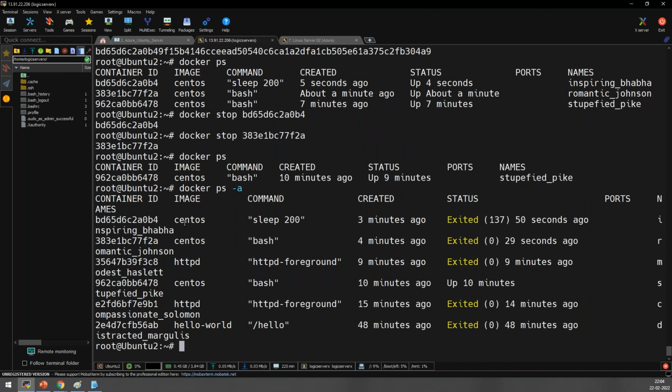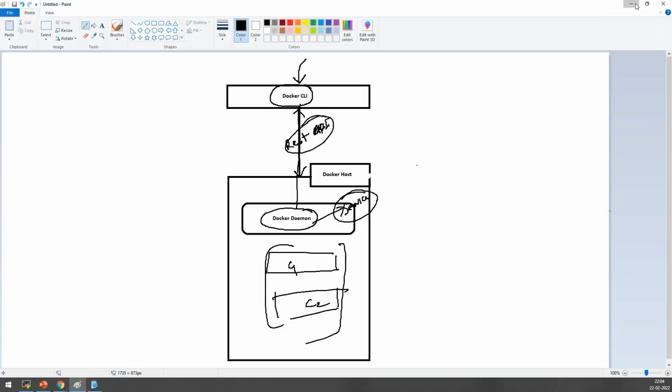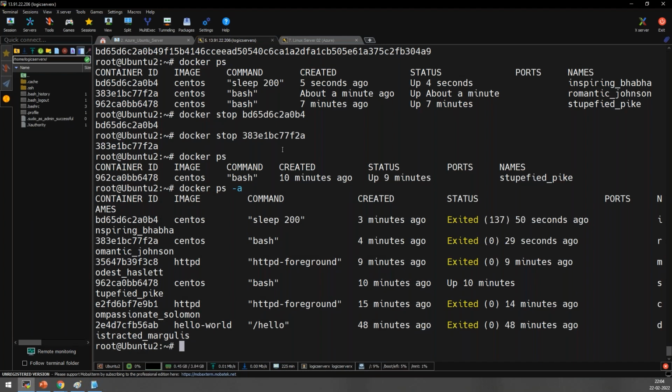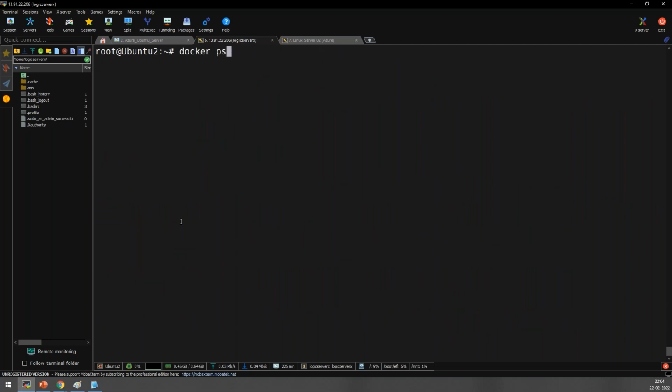Okay, now there is a problem. You say exited, but what is the real problem? Even if it is exited, it is still utilizing your space, right? You have not removed it. See, you have an image, and from the image you create a container, but even if you shut down the container, it's still there, right? What is the command we can use to start the container? Team, tell me. If stop is this, what is start? Very simple. You can just click on start, right? It will start the container.